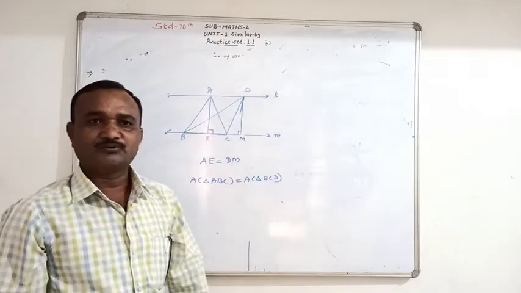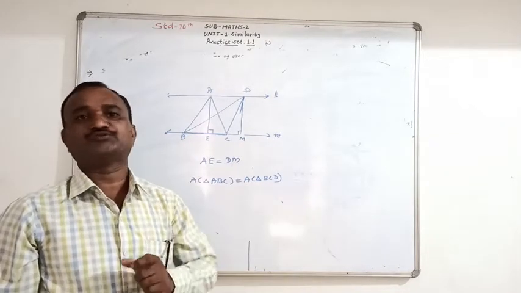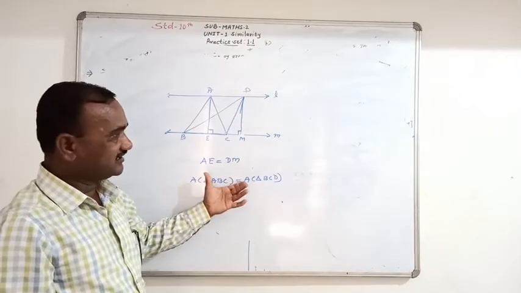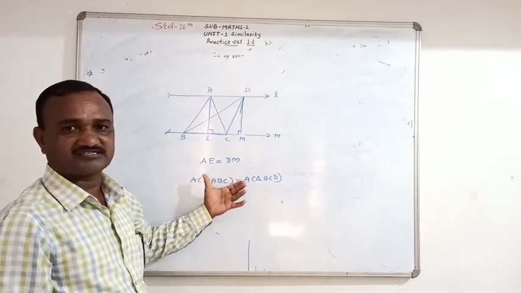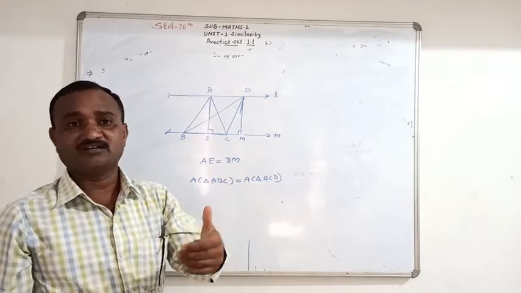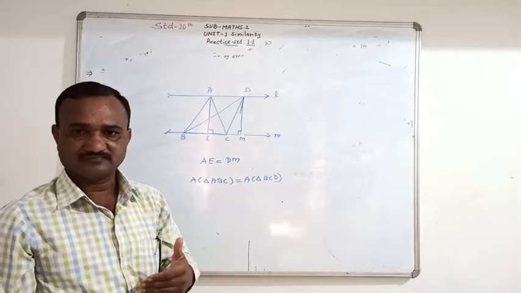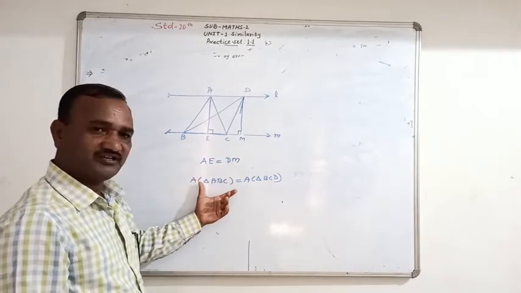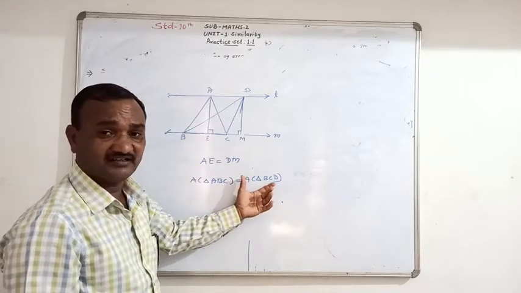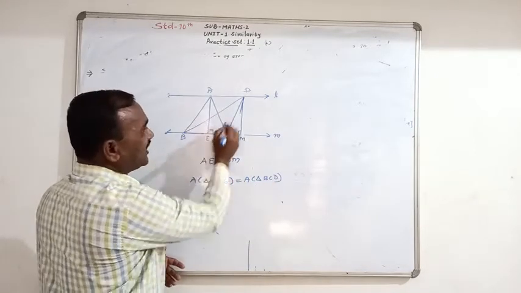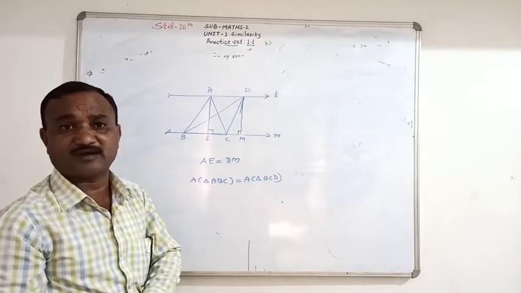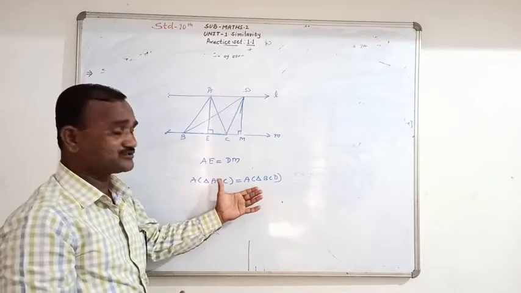If two triangles have common base and they are situated in two parallel lines, they have equal area. So that example number 4 in the practice set 1.1 is very important to study the basic proportionality theorem in further videos. Okay, so you can know here area of triangle ABC equal to area of triangle BCD. Why? They have common base BC and equal height because AE and DM are equal. This is the perpendicular distance between two parallel lines. So area of these two triangles is equal.